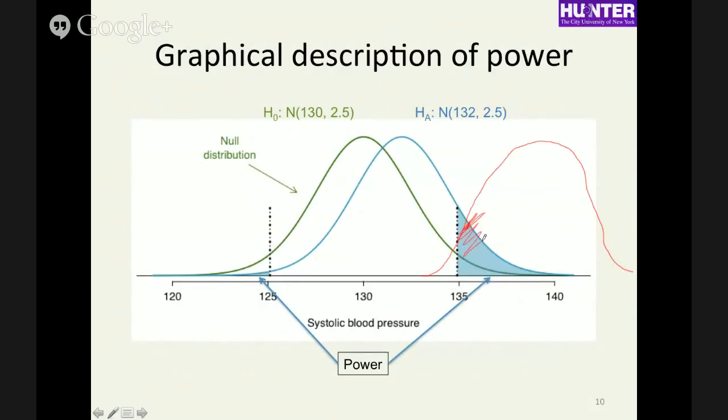Here's our power. It's getting pretty big now, right? Now we have a power of something like 90% because it's more different from the null hypothesis. And here's another one with the same mean,